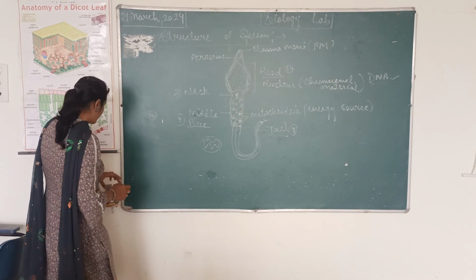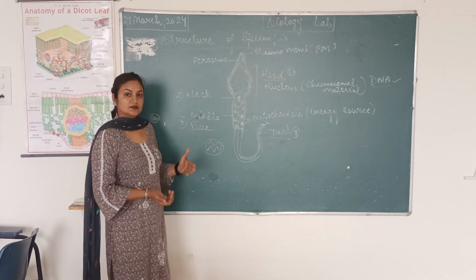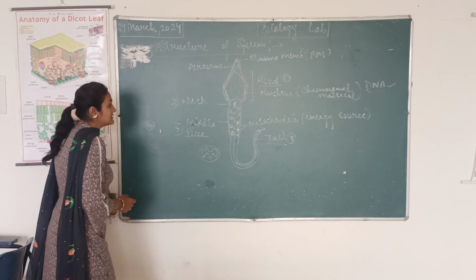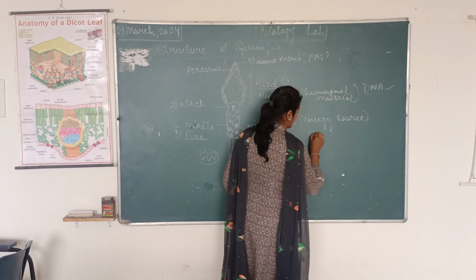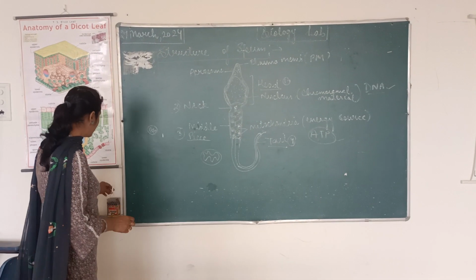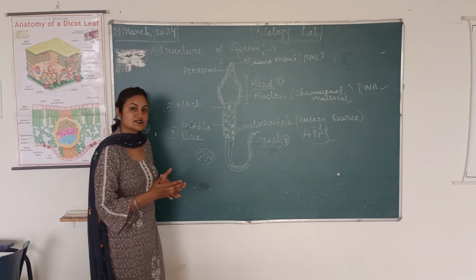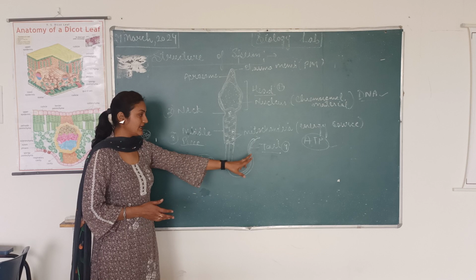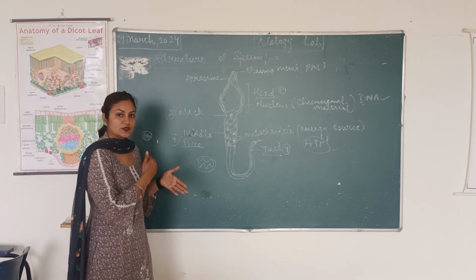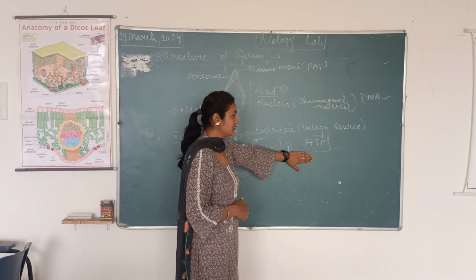So why is mitochondria present here? This is the source of an energy-rich molecule, and that energy-rich molecule is named ATP. Why is energy required in the structure of a sperm? Because ATP will give a lot of energy for the sperm. The sperm has to enter inside the female body by the movement of the tail. The tail is only for the purpose of motility. It will swim along with the whole structure of the sperm with the energy-rich molecule.